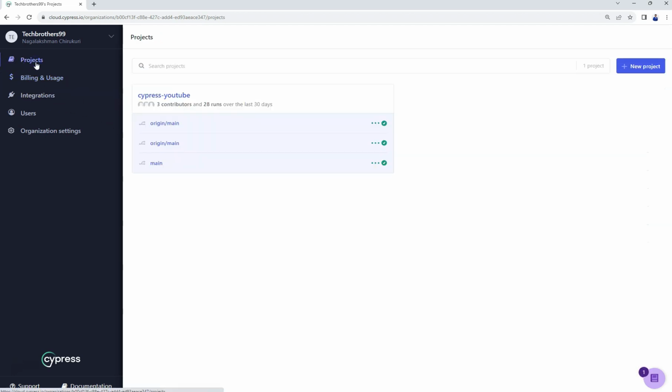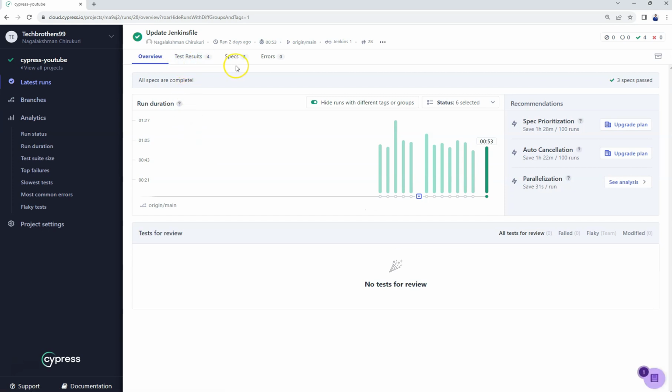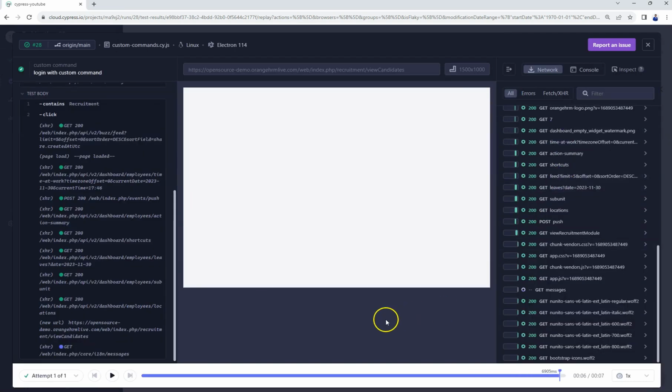If you go to the project again, and go to our tests here, and open one of the runs, there you can see how many tests got executed. And if you go to the test results, for each test you can see on the right hand side the test replay option here. If you click on it, a new window will open, and